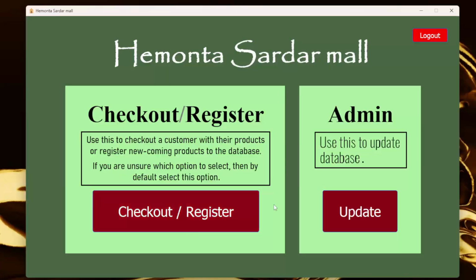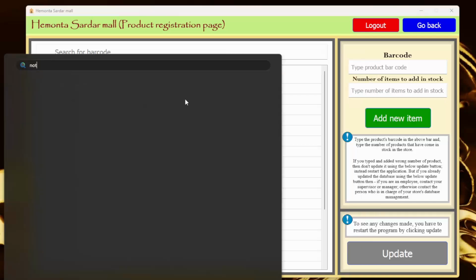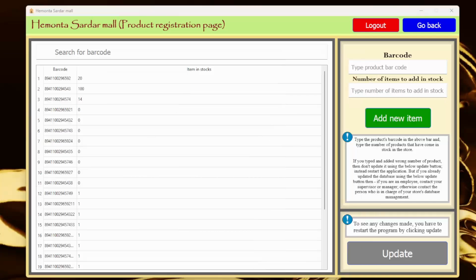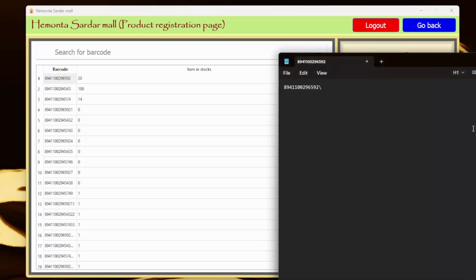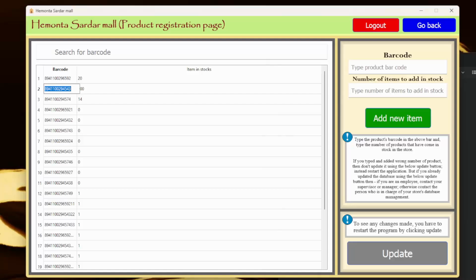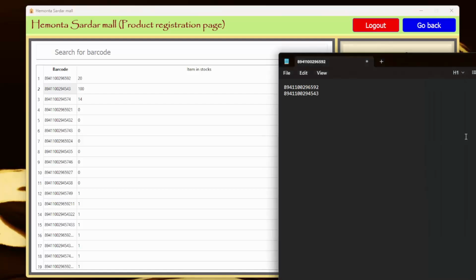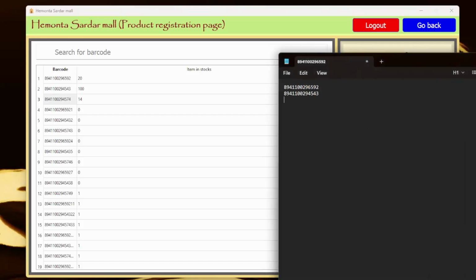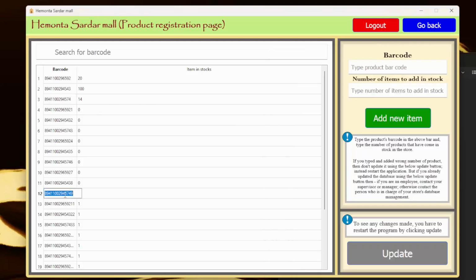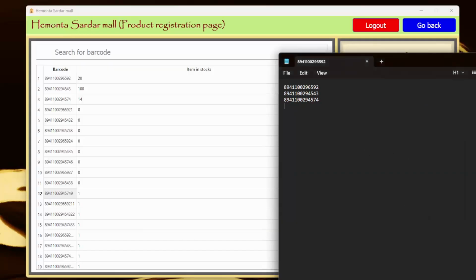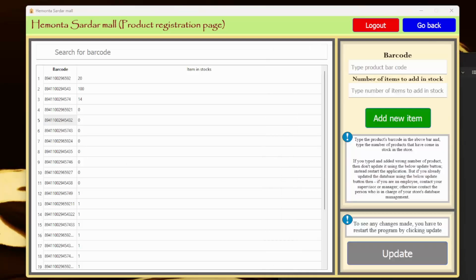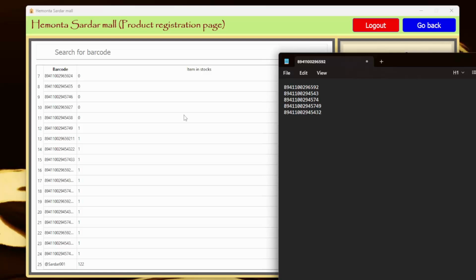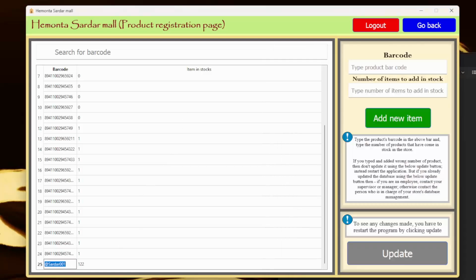Let's log in. So let's check out the customer. So take a notepad, and with the notepad I will take the barcode there. As I said earlier, you can scan a barcode of a product, but I don't have a barcode scanner with me right now. That's why I didn't give that functionality yet, but it's very easy. So that is basically the barcodes,